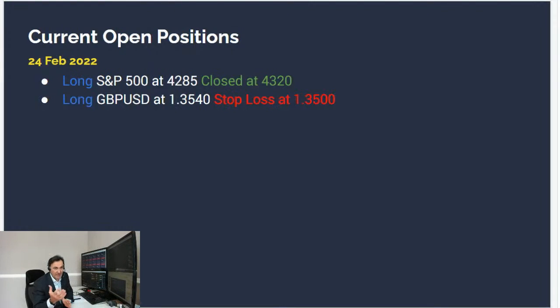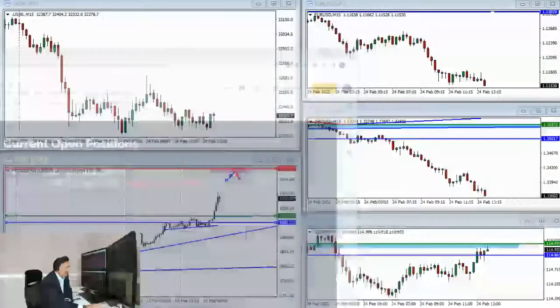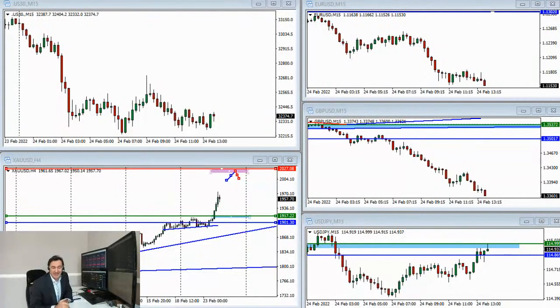It would have been a good level, but markets are moving today based on something completely different than just technicals or key economic data or fundamentals. They're moving on a geopolitical escalation, on the escalation of geopolitical tensions in Ukraine. So now, let me show you where I am for today.